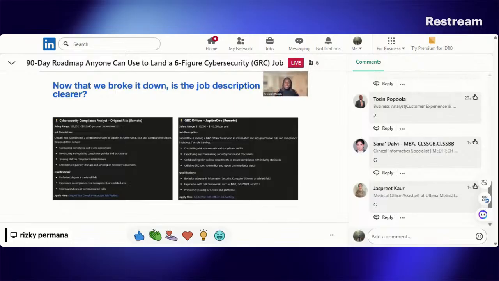And so the secret here is learning how to connect what you already do, what you already know, to what employers are asking for. And that's what we help you do in the GRC bootcamp, right? We're helping you translate your experience. We're helping you tell your stories into job-ready confidence.